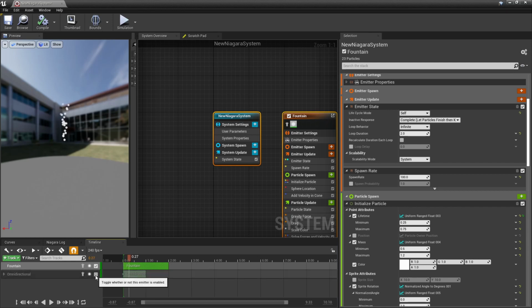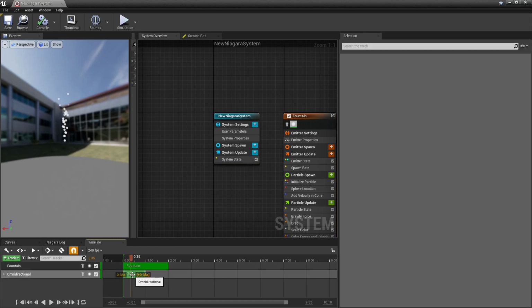Before that, I would just turn this on, and I'd like to show you one little thing with the omnidirectional particle. You'll see that the omnidirectional particle always triggers itself at the beginning. You see that little keyframe, that is what is triggering it. So this keyframe I will just remove. We don't want the omnidirectional particle system to trigger by itself. I press delete on the keyboard and it is gone. And now you just have the fountain system working.